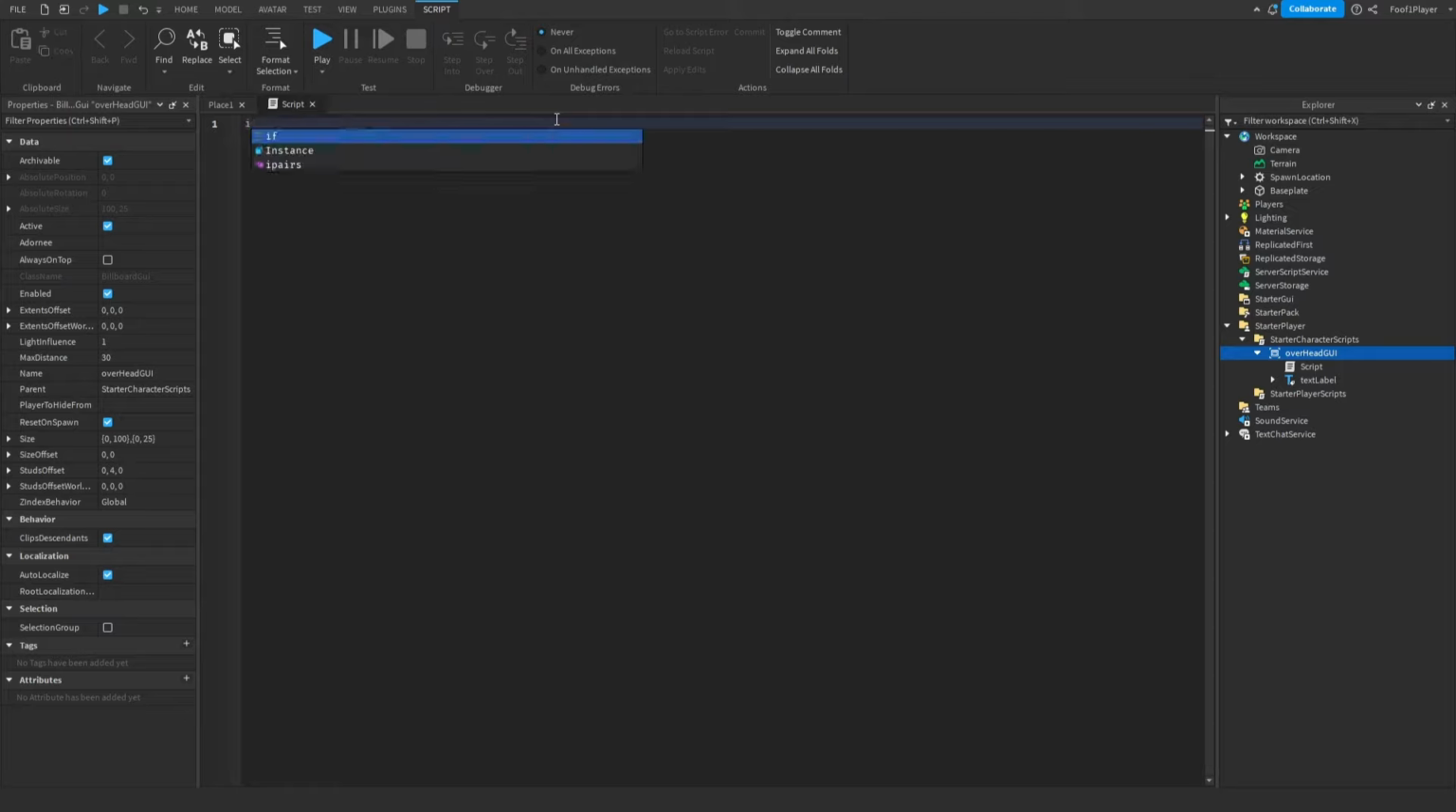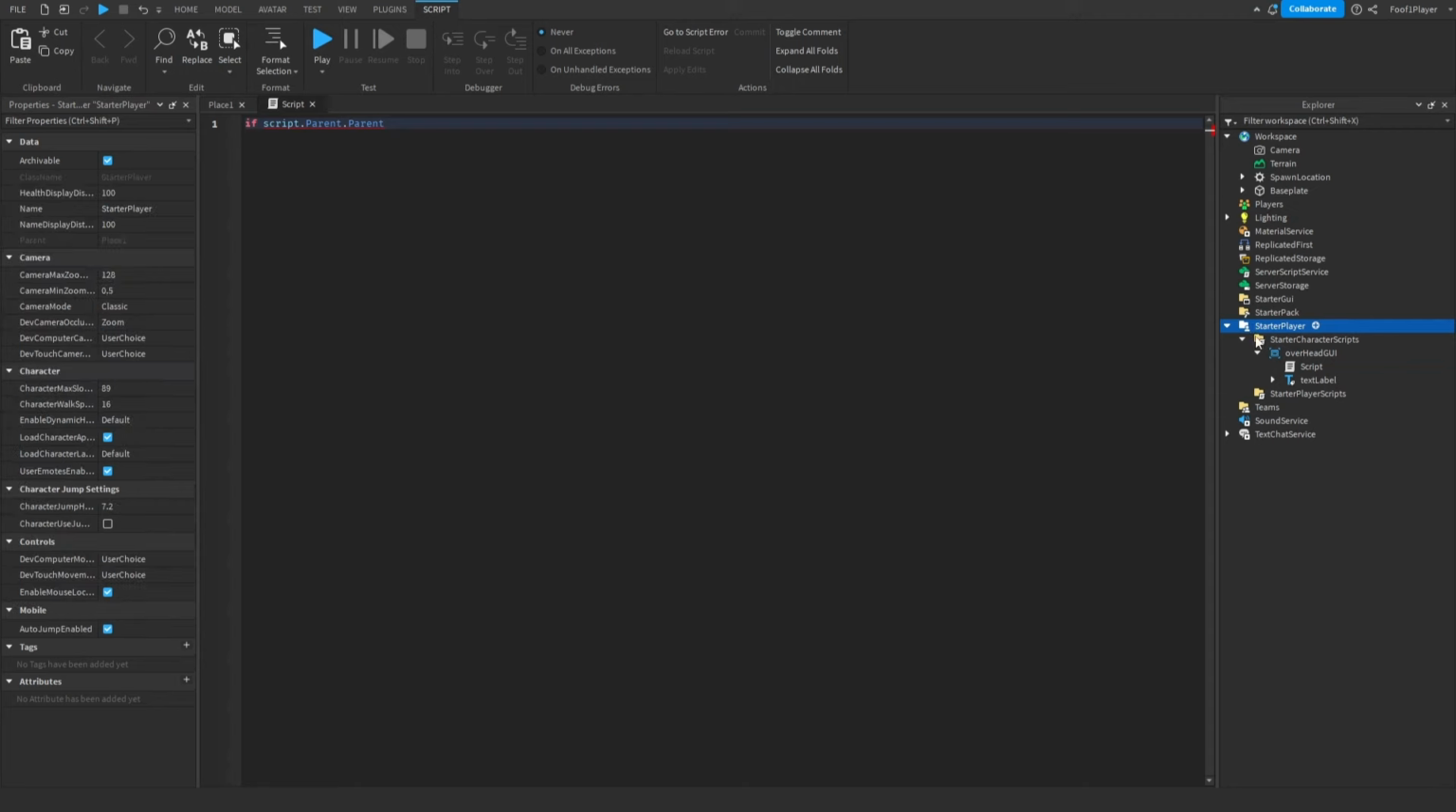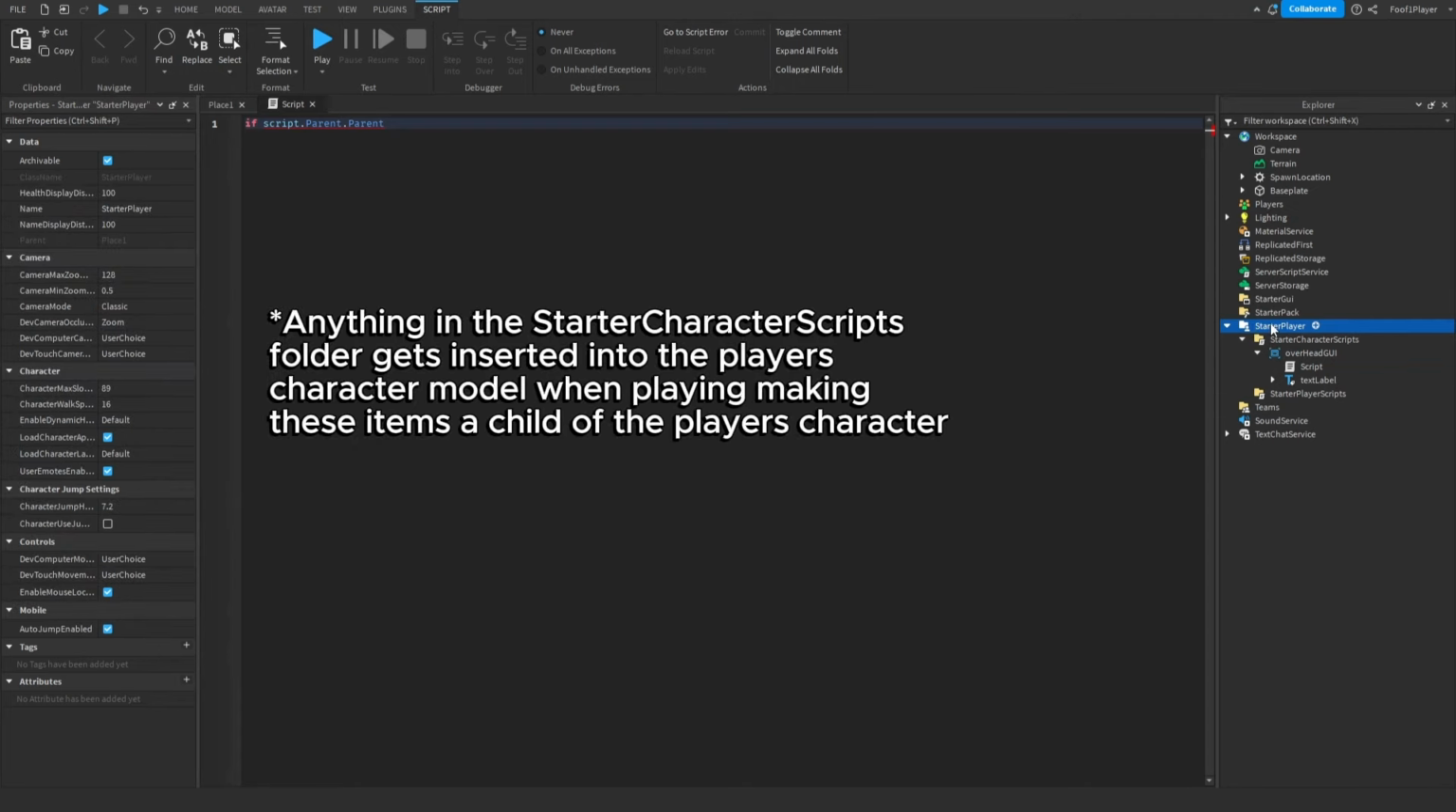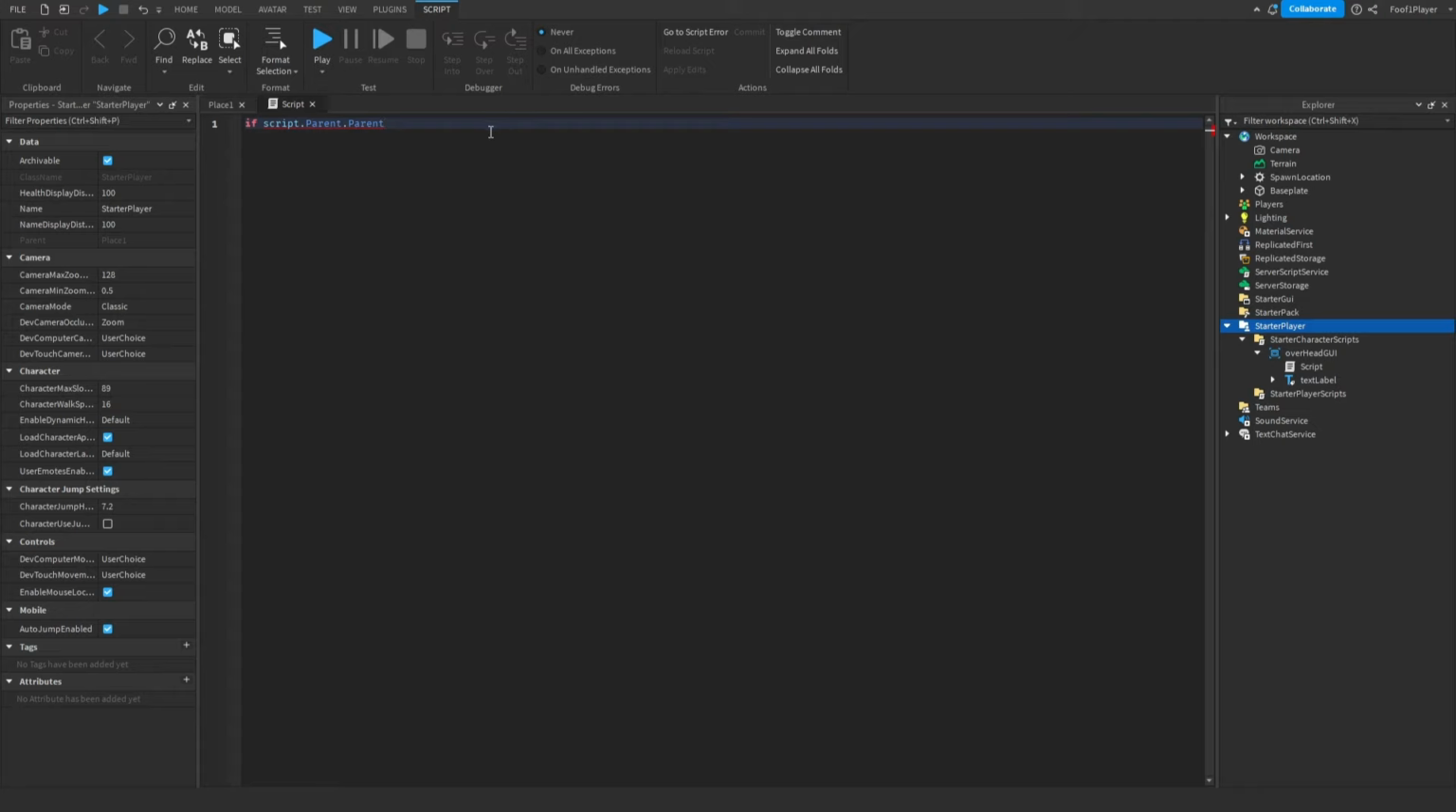So in this, I'm going to write if, and I'm going to do script.Parent, because if you're testing the game at this point, this script.Parent is going to be the player. As you can see right now, it's in the StarterPlayer folder, but this would represent the actual player's character in the game. So with this, we're creating a path to the character. So we can say script.Parent.Parent.Name, and we're going to say if script.Parent.Parent.Name, so if the player's name is equal to,